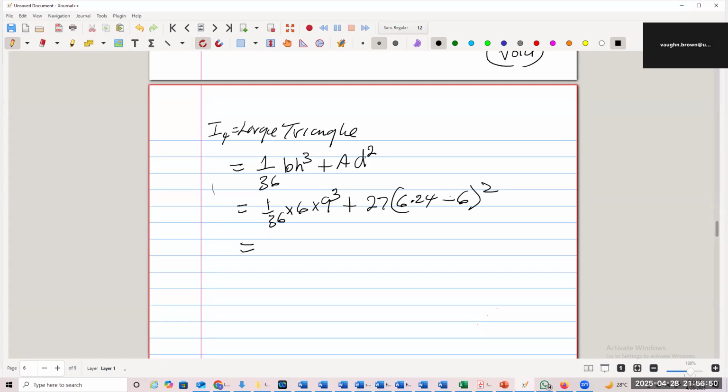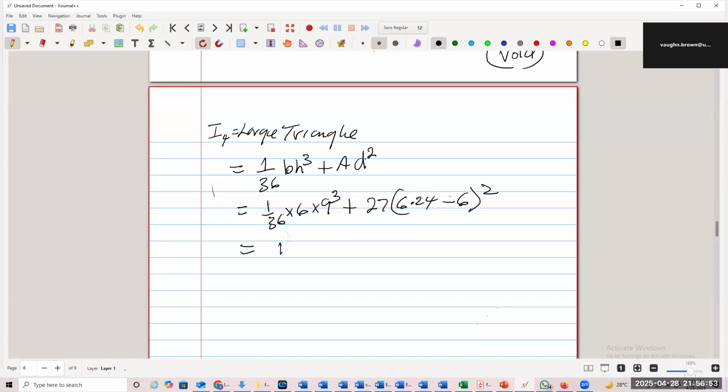So I'm getting 121.5 inches to the fourth, plus the next part would be 27 times 0.24 squared. So let's work them out now. So this is equal to 121.5 plus, when you work out 27 times 0.25